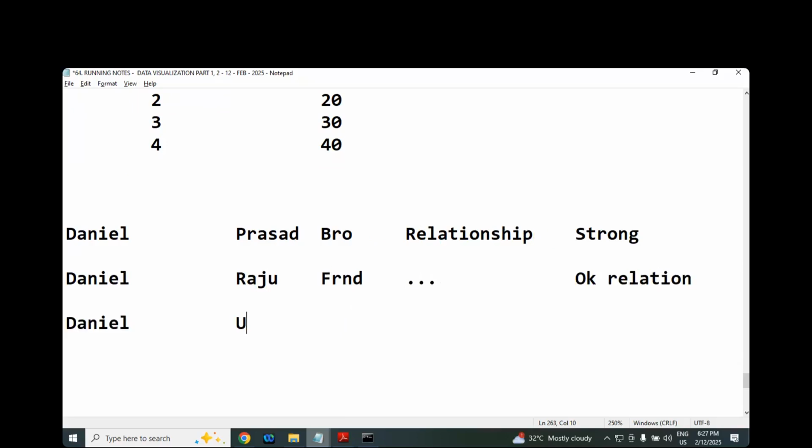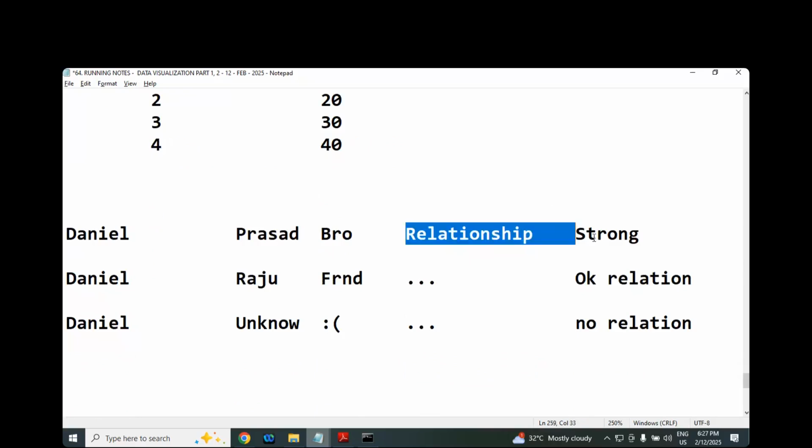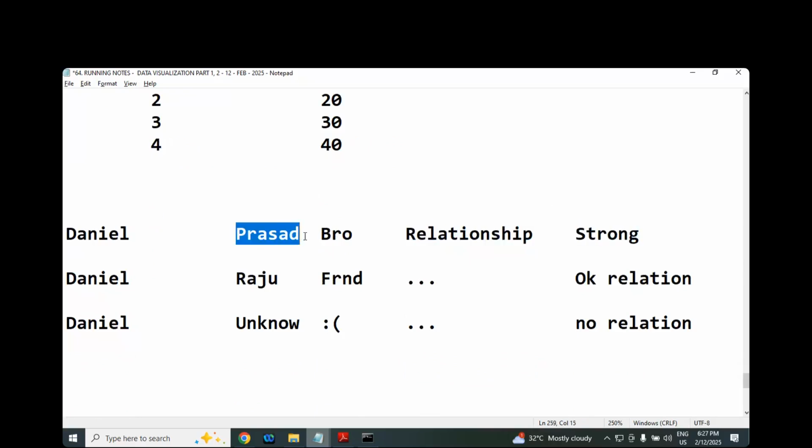Let me take an unknown person. I don't know the person's name, so what relationship? No relationship. I hope you got the connection. Conclusion of the story: just as person to person have a relationship, column to column also have a relationship. How strong? Imagine if anyone scolded my brother, I would beat him. That's called a strong relation. And a friend, if he says hi,